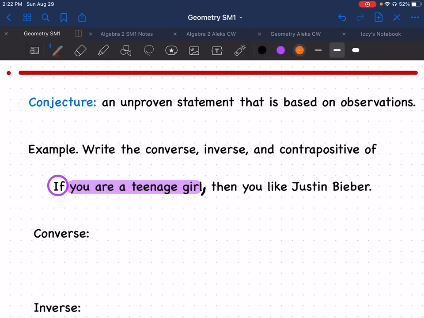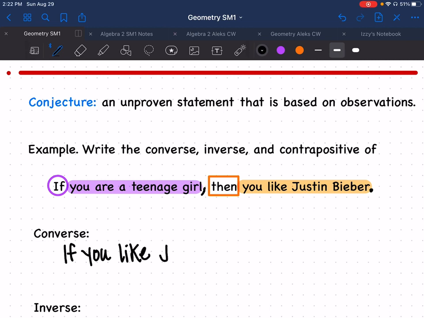There it is. Box in the word then with a different color, or just a box is fine. And highlight till you get to the period. Okay, repetition, repetition, repetition. There are my hypothesis and my conclusion. Hypothesis in purple, conclusion in orange. All right, let's go ahead and do the converse. Remember, to do the converse, if we look at our foldable, we simply have to switch the hypothesis and the conclusion. So it would say, if you